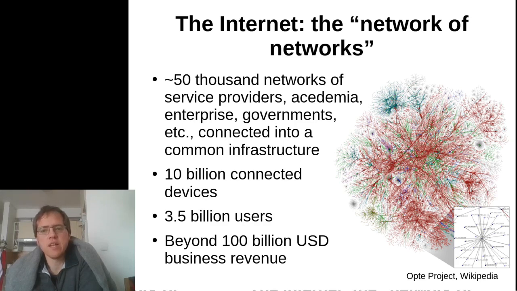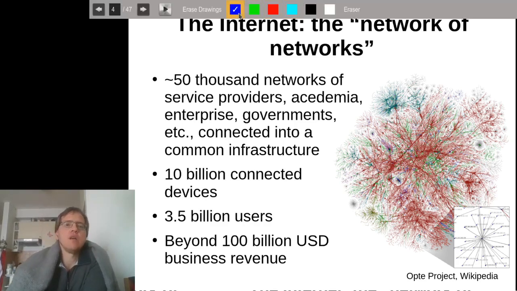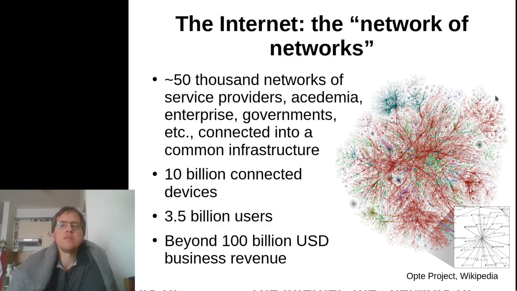These networks are actually connected to other networks, and these sort of subnetworks, which are not to be confused with the subnets in IP routing, are actually the ones connected into this large-scale topology that you can see here on the right. This is the large-scale structure of the internet. Okay, so basically we are talking about a couple of